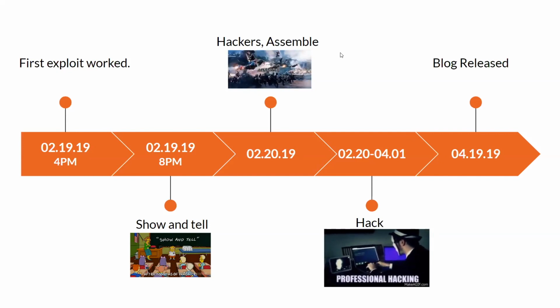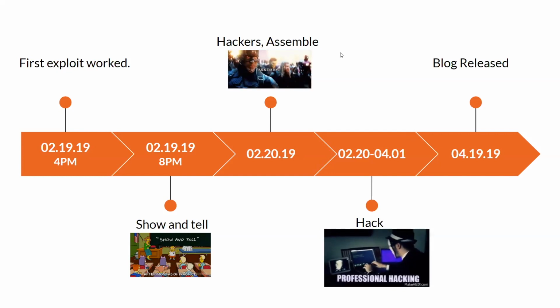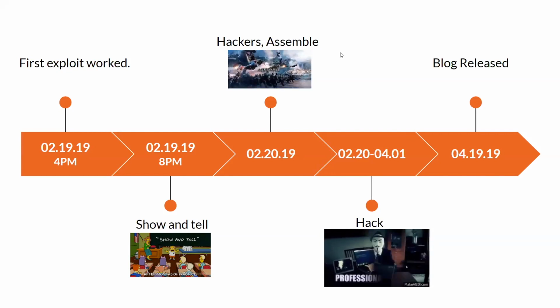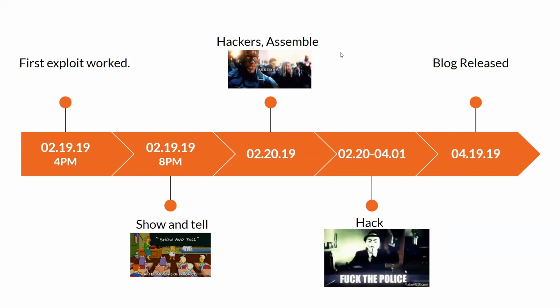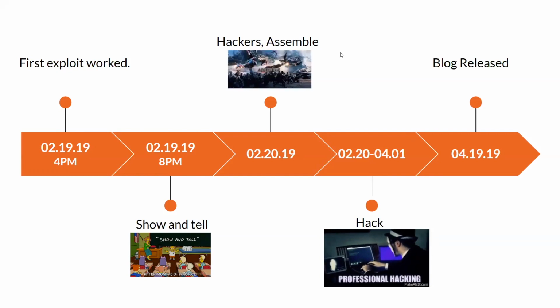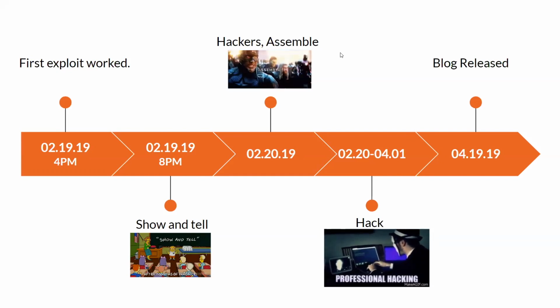So once we had done that, the next day we came back to our room and started planning the whole research, because at that point we knew we could exploit this on more companies, but we just needed to manage it well and not be super noisy about it. And we started attacking it from February 20th. We went till, I think, around March, April. And then we released our blog on 04/19/2019. And that's when we discussed the whole exploit.